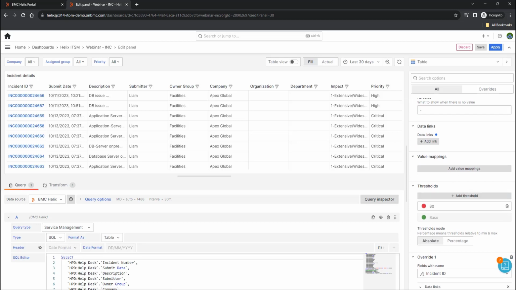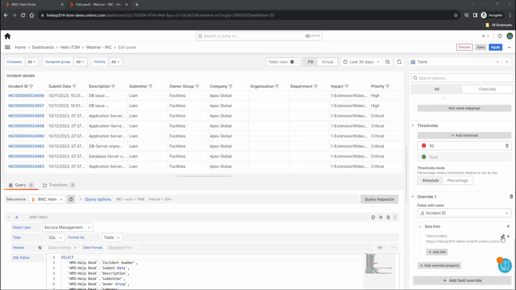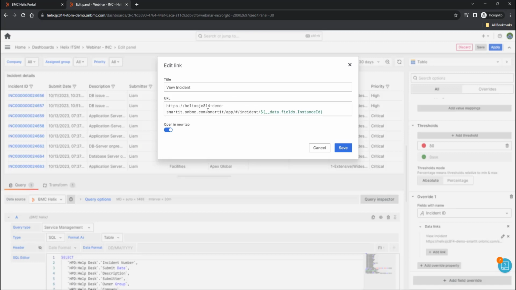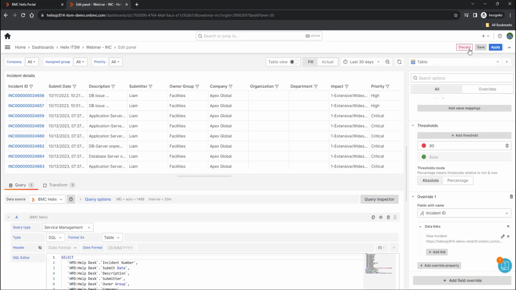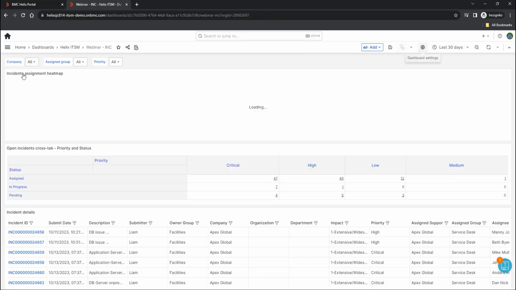So this is my configuration for the data links. Here I have the URL for the Smart IT. Either I wanted it to be Smart IT or AR System, that's up to me to configure. So I'll copy this, cancel, discard, go to the variable section,